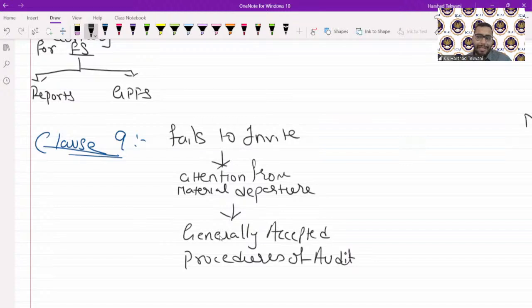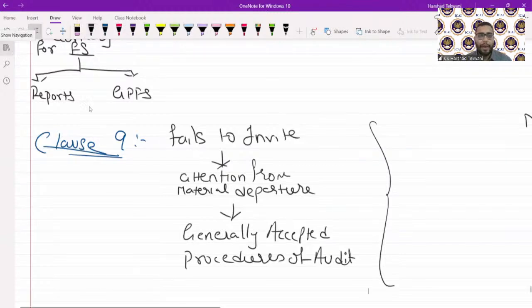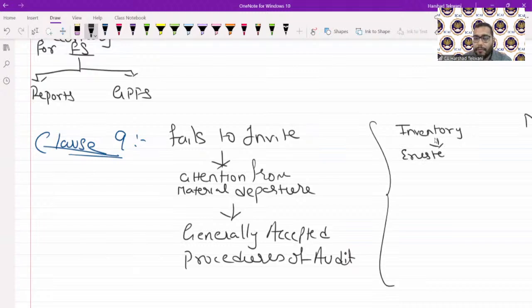Now, what can be an example of this particular clause, where a member in practice fails to invite attention? For example, let's say inventory. We all know there are specific considerations in certain cases where the member in practice, while doing the audit, is required to consider special procedures for special items. In the case of inventory, for existence, physical verification is required. Physical verification is conducted by management, but we need to ensure that it has been conducted appropriately and at periodic intervals. That is also part of CARO, but sticking to this scenario, for inventory, physical verification is required. Or another example,